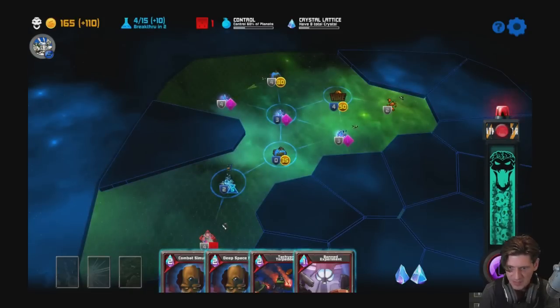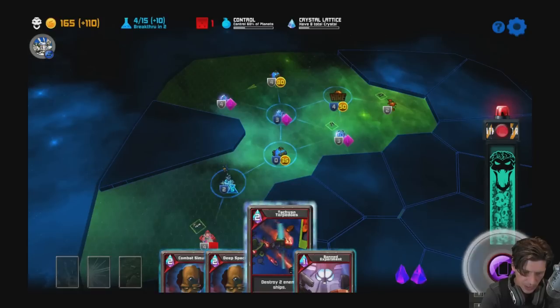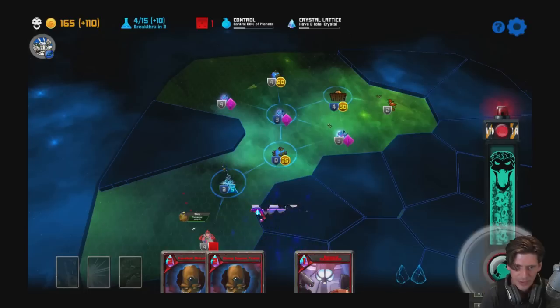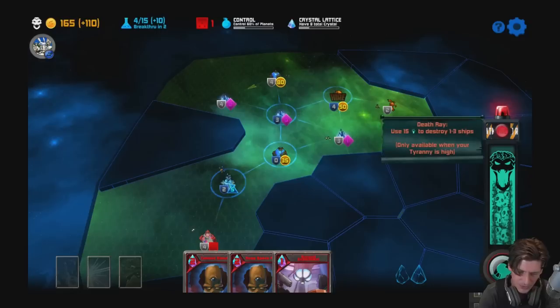You also have these cards at the bottom. Notice that the cards spend crystals. Certain planets have crystals on them, so they will give you more crystals so you can play more cards in a round. Right now I'm going to use these tachyon torpedoes, and I'm going to nail those guys out. There we go. So that did some damage to them, so in the next round I'll be able to attack them and have fewer enemies. Actually, I might be able to wipe them out here with my death ray because I'm enough of a horrible tyrant that I should...